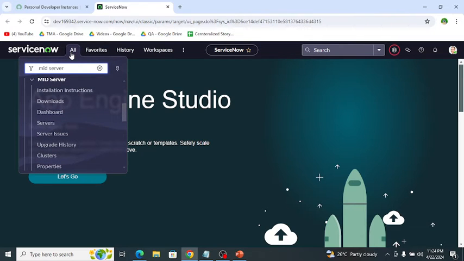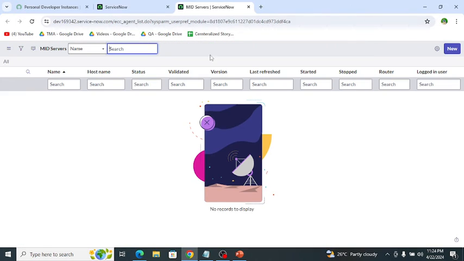Then server. It shows a list of all the records of mid server installed for the instance. Like if I click on this, then it opens the server table, the mid server table, but currently I don't have any mid server installed, so this table is empty.